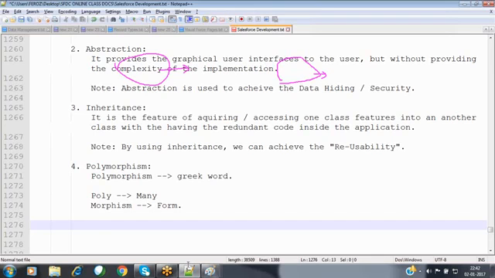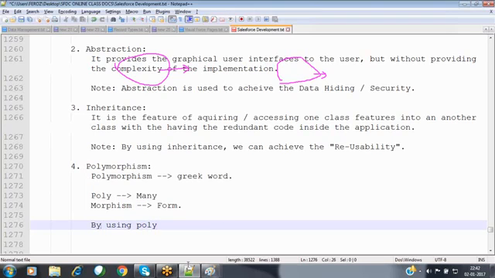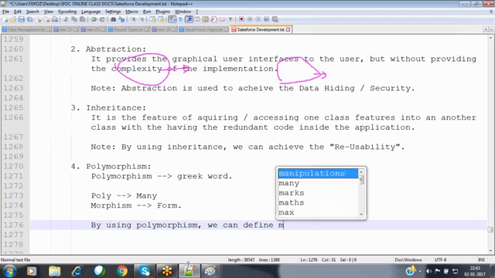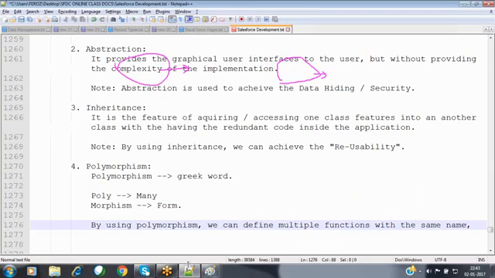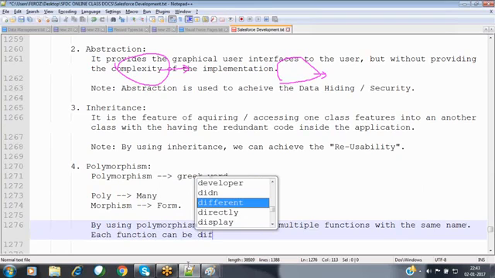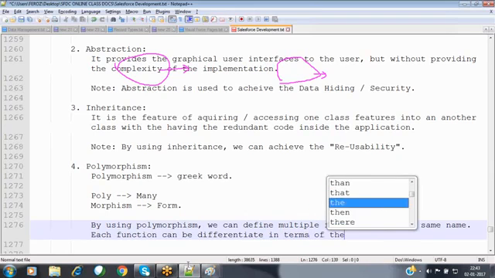So for that, we are going to use the polymorphism feature. By using polymorphism, we can define multiple functions with the same name, and each function can be differentiated in terms of the signature.